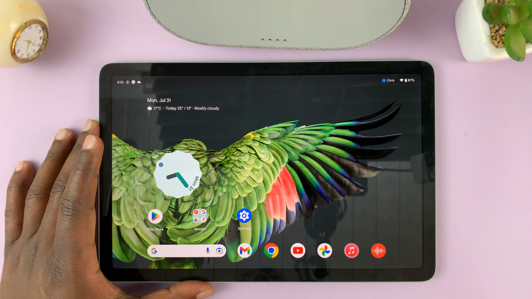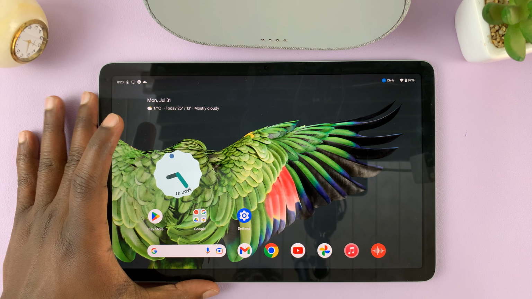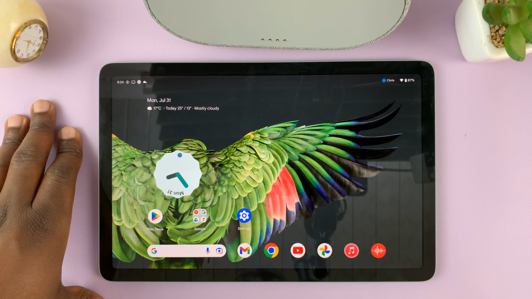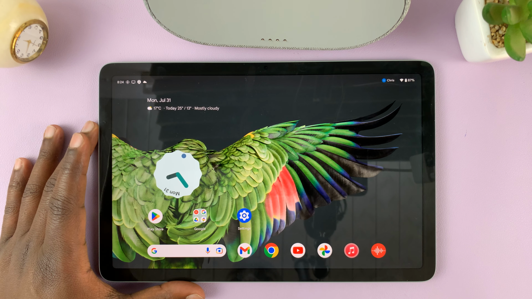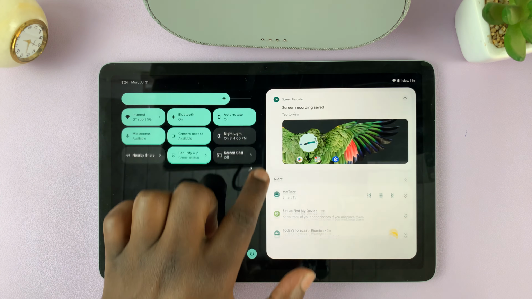I have the Google Pixel tablet and I'll be showing you how to record your screen. Now, it's very fortunate that we do have a built-in screen recorder and we don't need a third-party tool or app. So to record your screen, all you have to do is first of all swipe down from the top